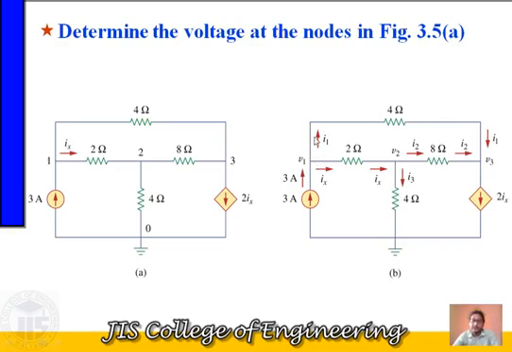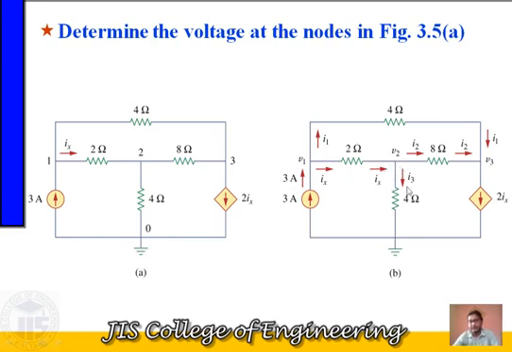In the upper branch we have considered the current I1 going out from this node. Similarly, in this branch there is a current source only, so we have a current of 3 ampere. And we know that if a branch consists of a current source only, then the current of this branch will be the value of the current source. So 3 ampere, and here the current that we have considered from left to right is Ix. Similarly for this node, we have already considered this Ix amount of current.